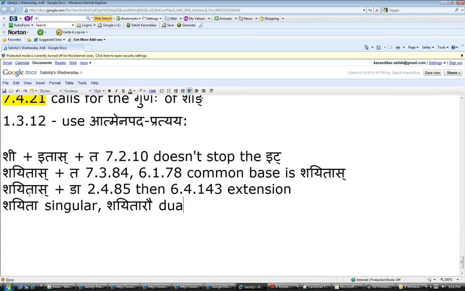Shayita Rau is dual, and then Shayita Raha will be plural. Only apply the Daro Rasaha and Richa. Okay, now this is how it becomes very easy, that once you do one form it comes. So now what we want to do in the second person singular, we will start with the same base Shayitas